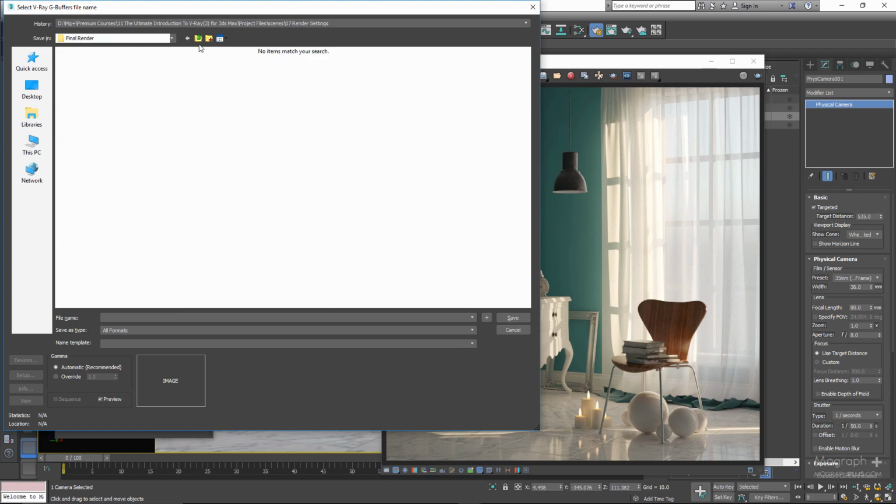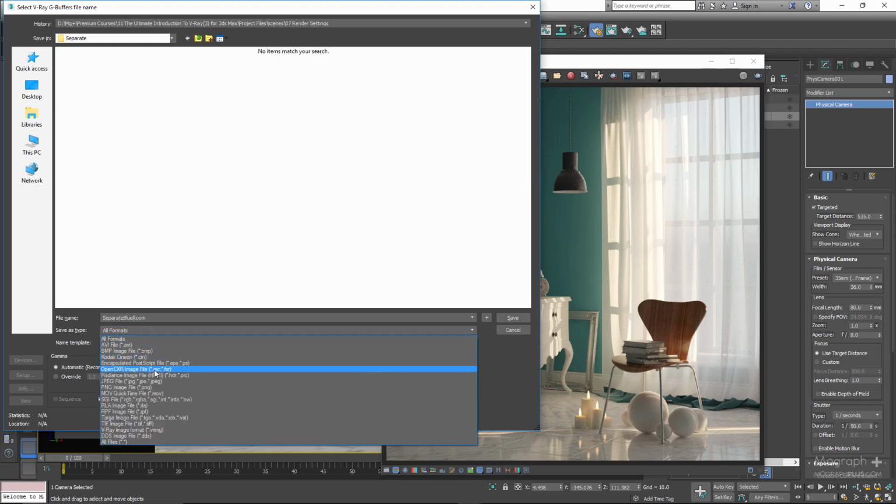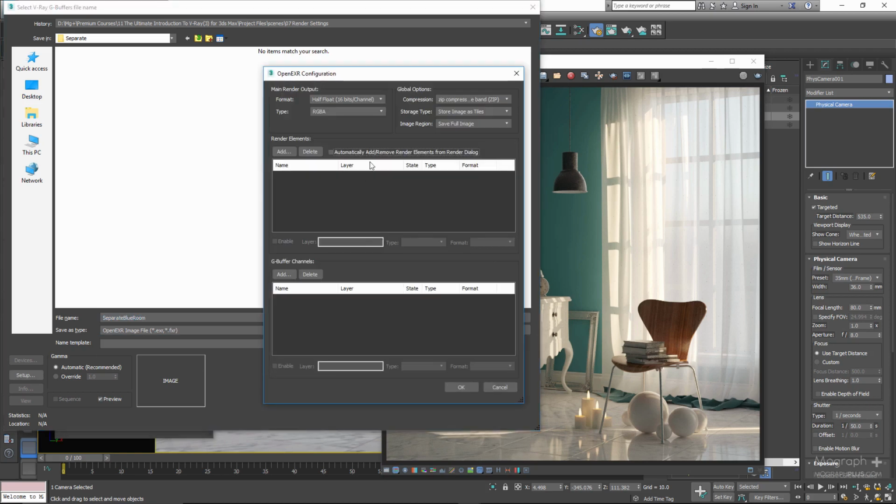And we have another folder called separate. Go in there and let's name it separate Blue Room. Choose OpenEXR as the format, press save, and in the configuration window make sure the format is 16 bits and